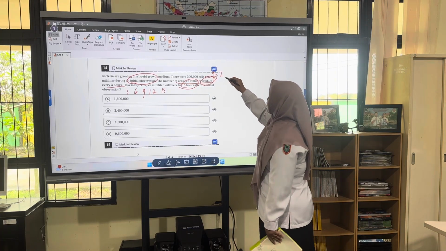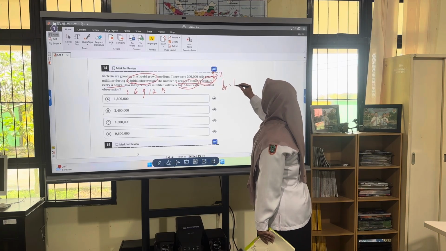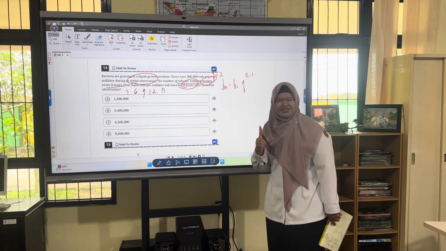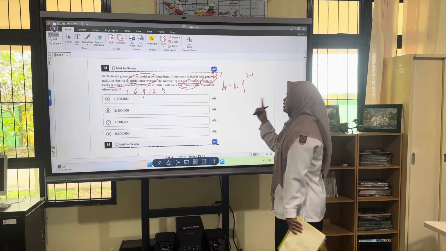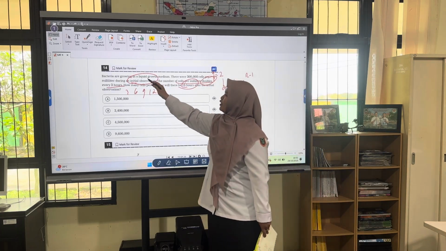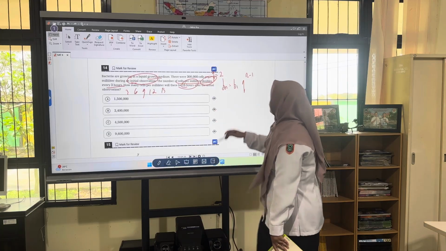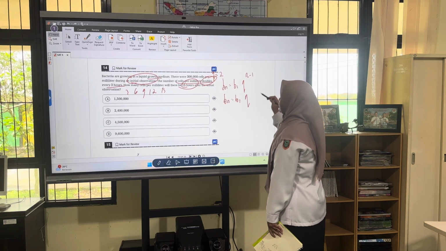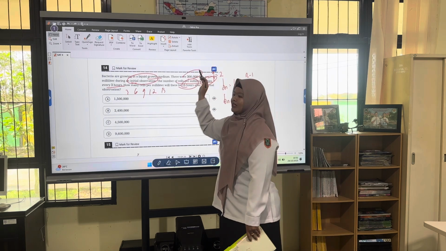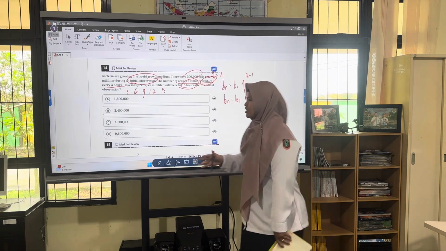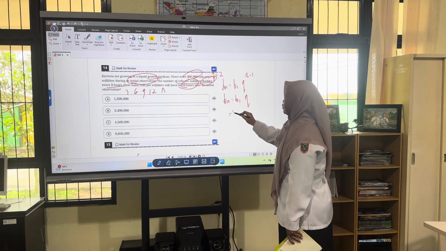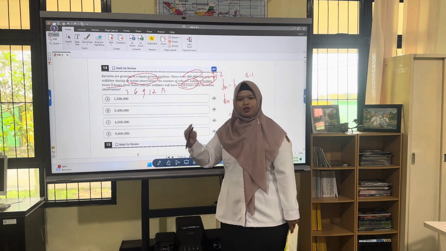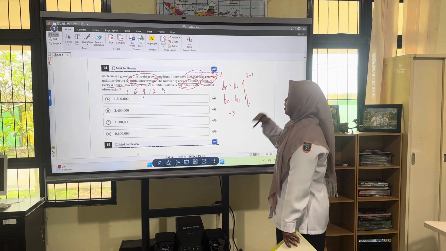So the formula of the geometric sequence is Bn equals B1 times the ratio to the power n minus 1, right? Since the beginning it's talking about these materials. But here they are talking about growth, and for growth there is no minus, so the formula will be Bn equals B1 times ratio to the power n. As you can see, B1 is 300,000 in the beginning, the initial observation.